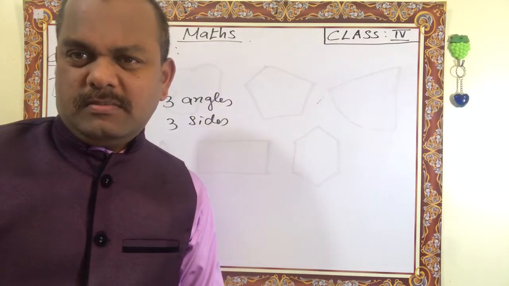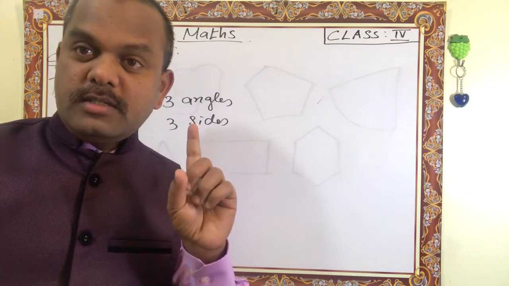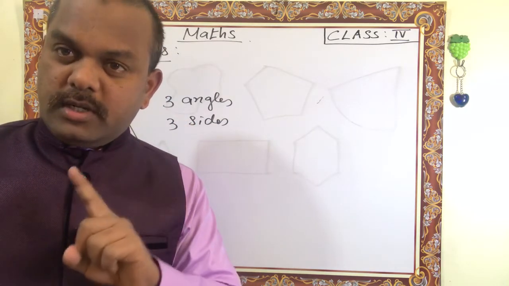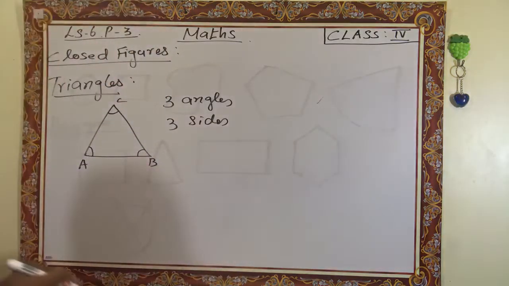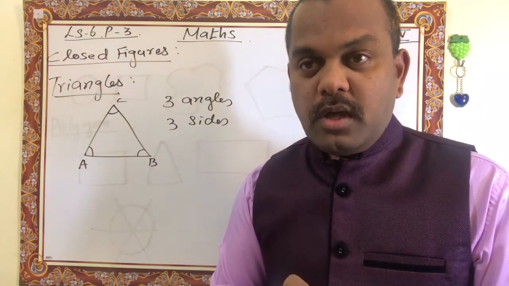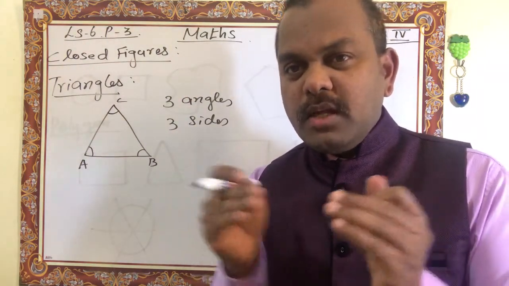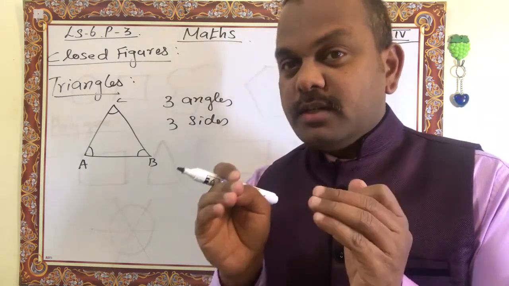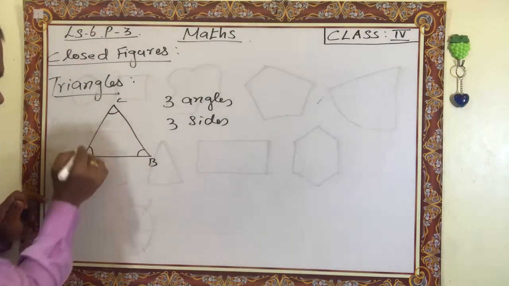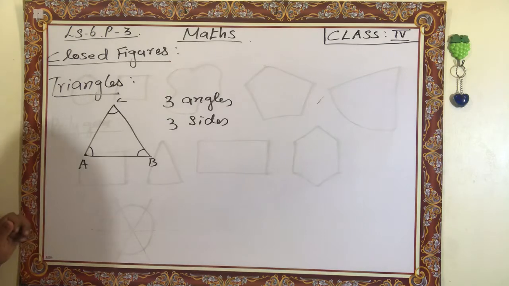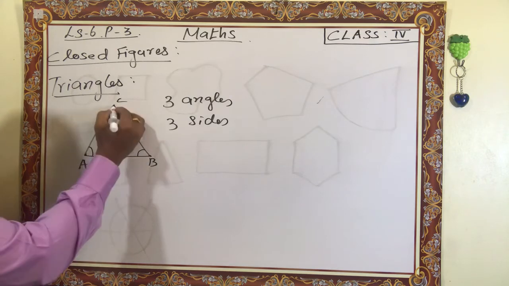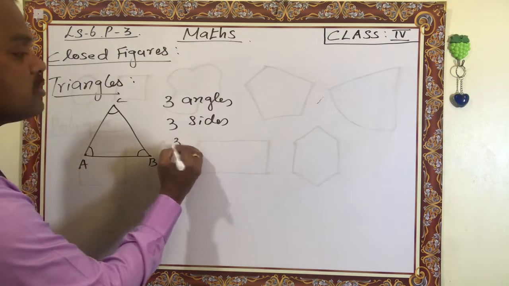What is this vertex? Did you learn vertex? When I taught the angle lesson, I taught vertex. Singular vertex, plural vertices. Vertex means when two rays, or two line segments, meet at a point, the meeting point is called a vertex. This is one line segment, this is another line segment, so this is a vertex. Here also, this is one line segment, this is another, this is a vertex, and this is also a vertex.